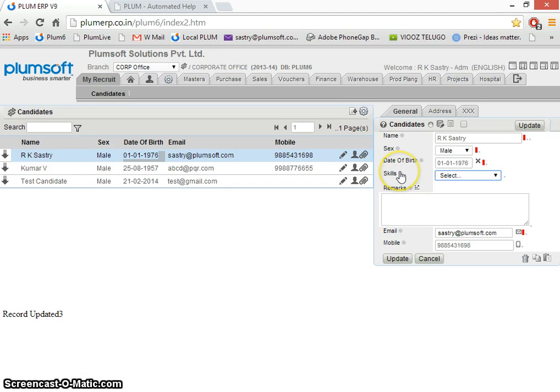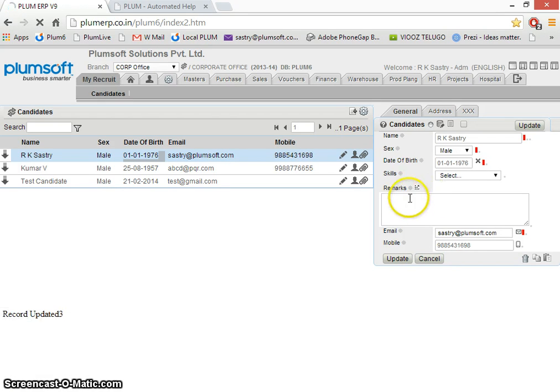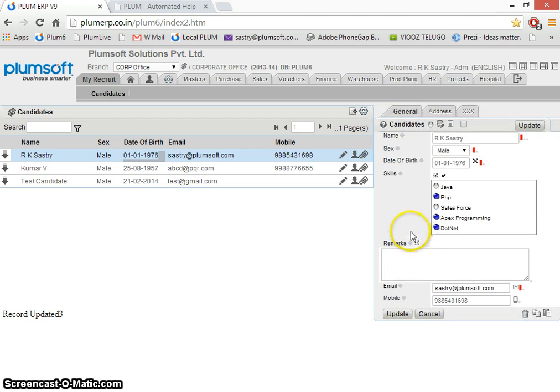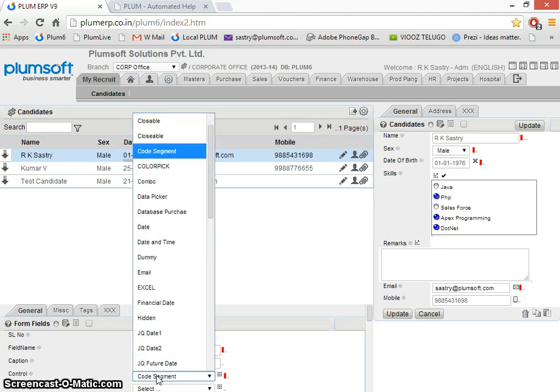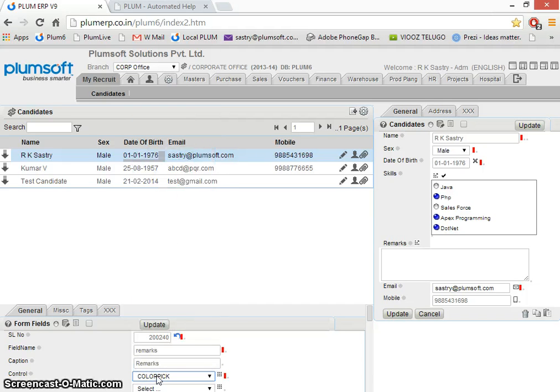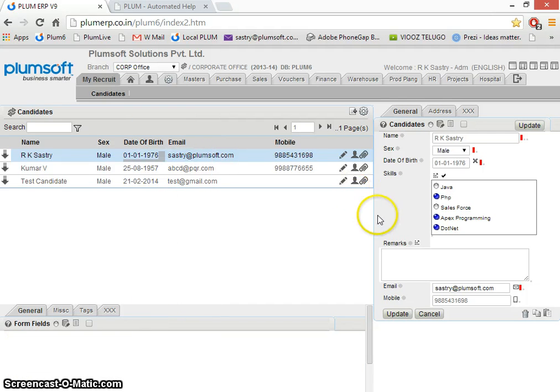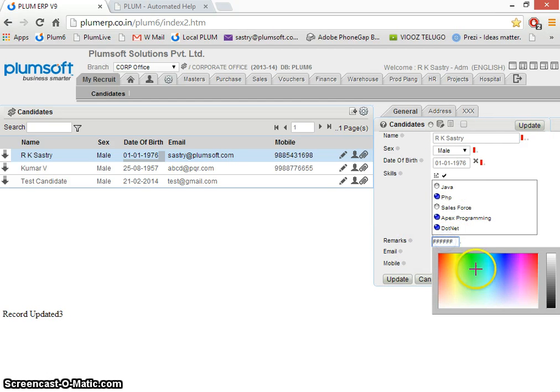Similarly, let us put it back to multi select for our reference, and let us see the remarks. Suppose this remarks field, I wanted to make it, just to demonstrate, a color picker. Now it became a color picker. I just go here and pick the color.